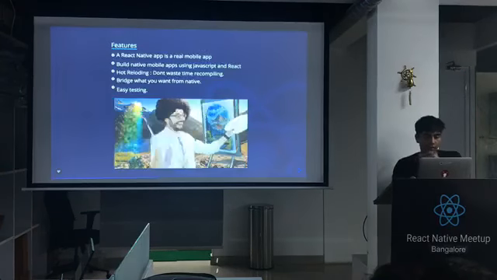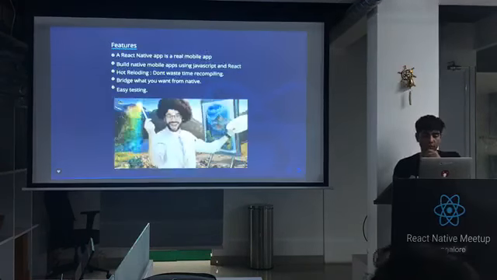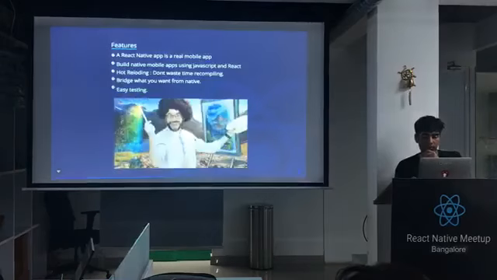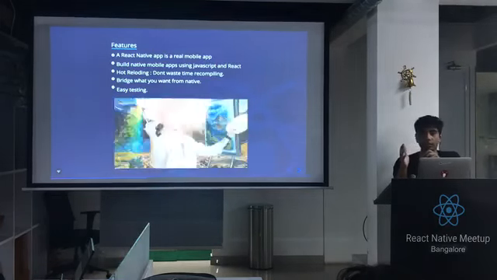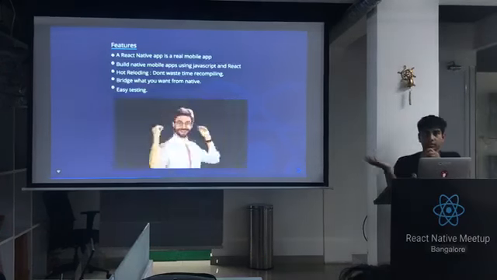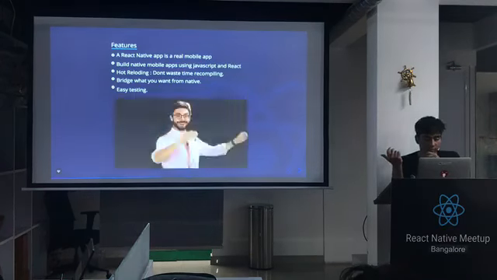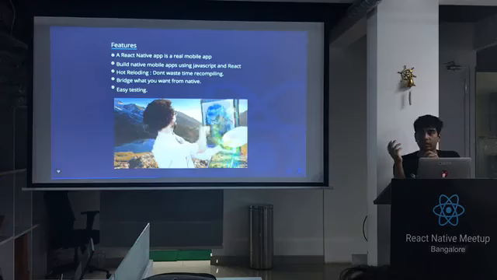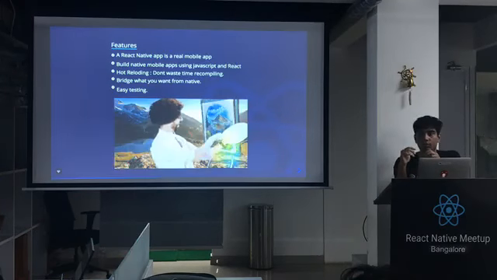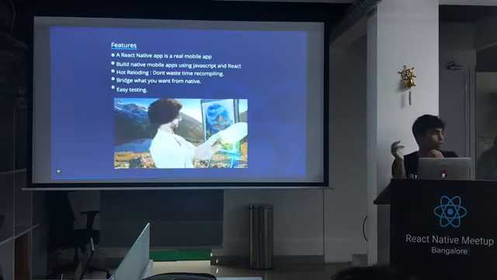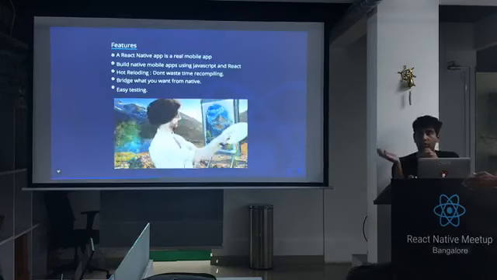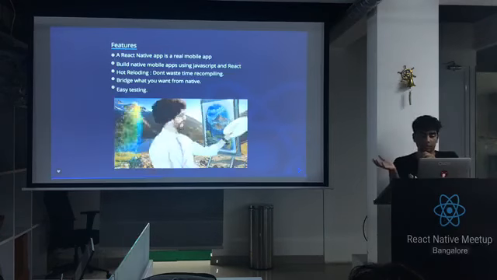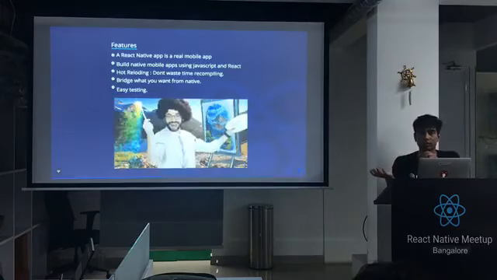So, yeah, there are many features in React which you will love, I guess. One of them is hot reloading. When you open an editor, you change one line, and you can see the live change of that line in the simulator. They're just running simultaneously. And even if you don't buy it yet, you can always code all of those things in Java or Objective-C and use it. You can always code all those things and use it simultaneously with your React code. That is JavaScript and Java. All of those code will run simultaneously in the same app.